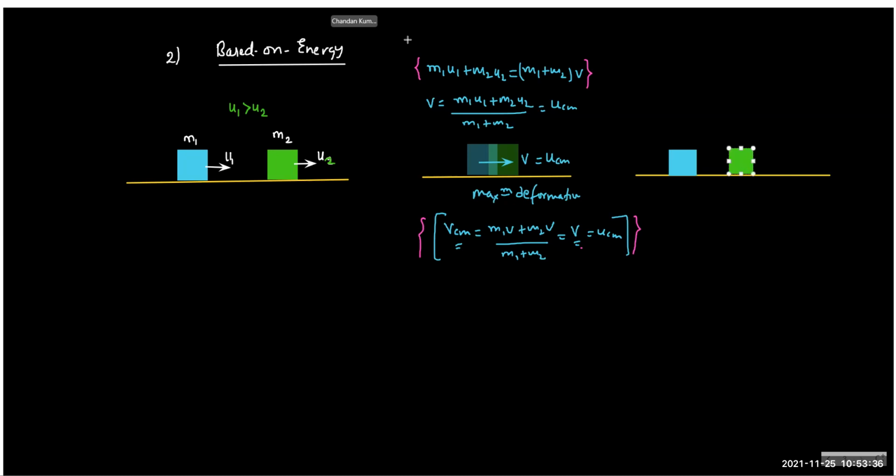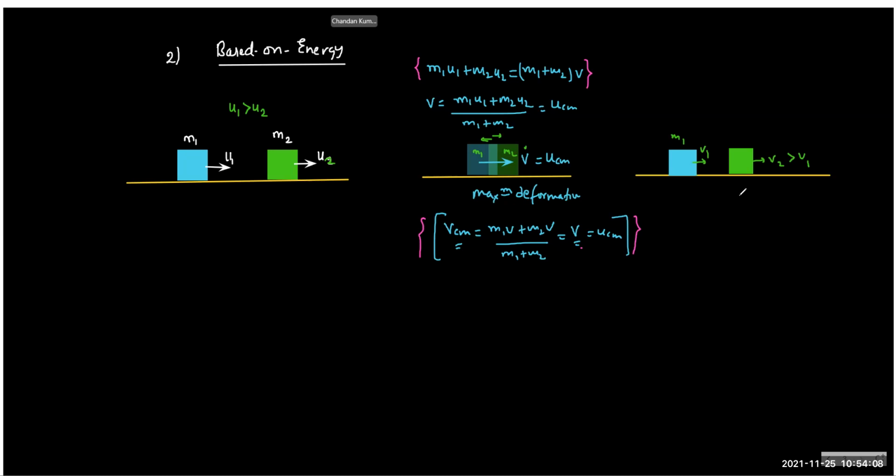And because the impulsive force is acting on M1 left and M2 right, the final velocity of M1 is bound to be less than V, but the velocity of M2 is bound to be more than V. And therefore, V2 is bound to be more than V1, because you start with the same velocity V here,